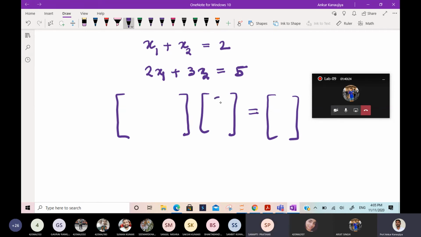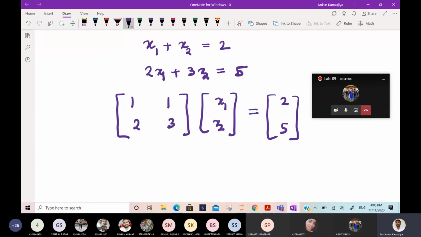But if you interchange the columns, here 1 1 and 2 3. Suppose you interchange column 1 with column 2. Then will the solution change, or will it remain the same? Sir, in this case it won't change, because both x1 and x2 are equal, so changing the columns is not affecting them. Okay, both are equal.